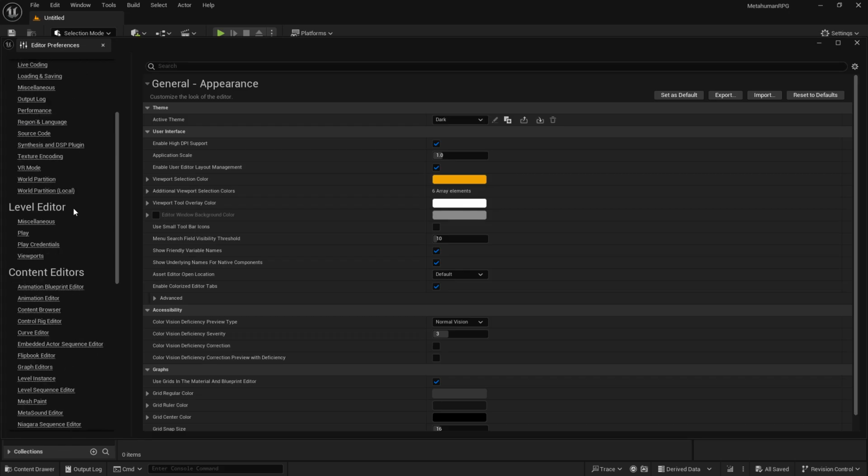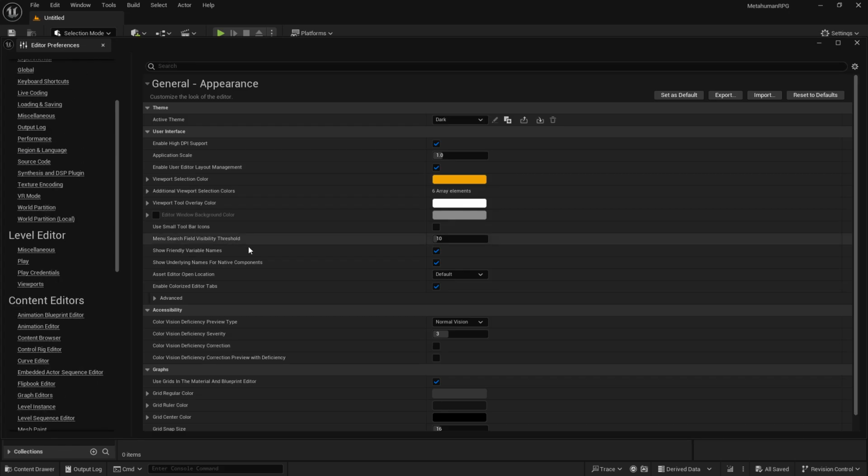One of the things I want to do is go down here to Set Editor Open Location. So basically every time you open a blueprint or anything like that, it'll go to your main tab up here instead of just opening up in its own separate window. We're going to do that,